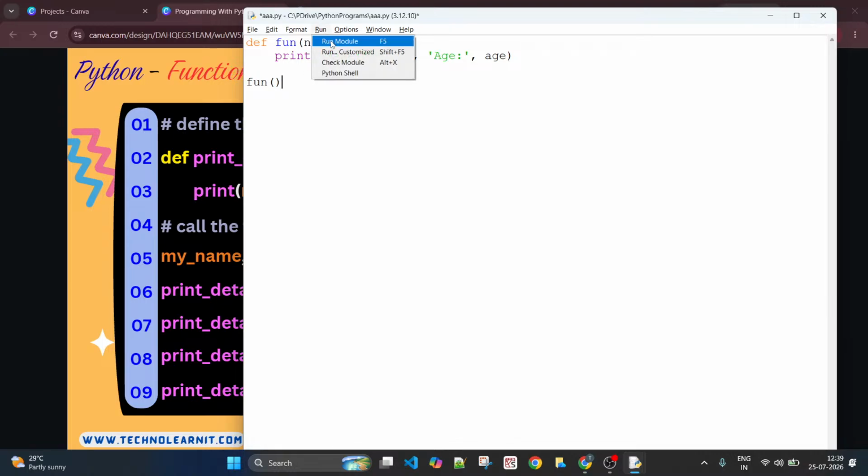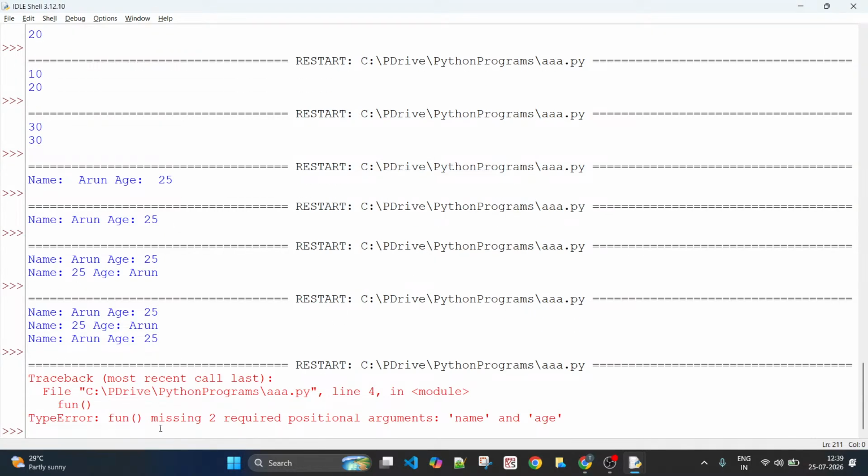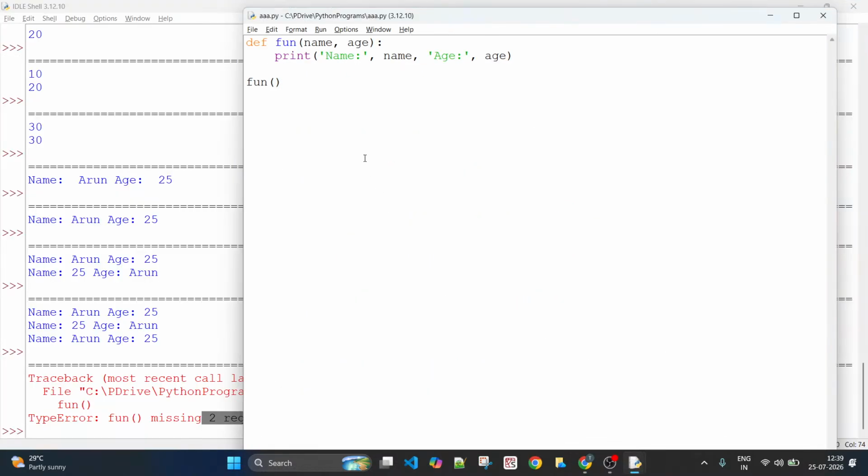What happens now? Obviously, you should expect some error. You see, it says missing two required positional arguments, right? It is expecting two arguments to come, but you did not pass anything. What if I pass only one instead of two? This takes two parameters, I understand, but intentionally I'm passing only one. What about the second one?